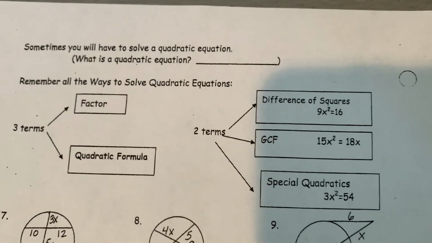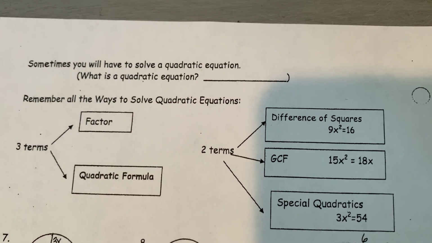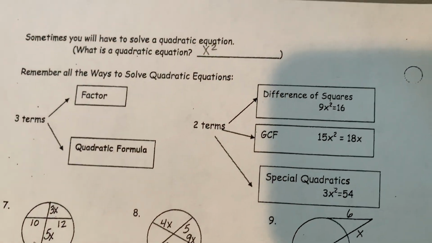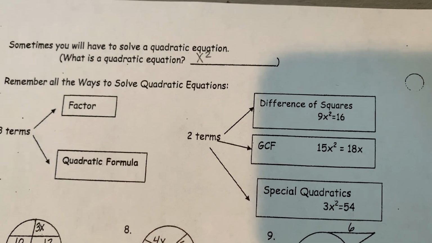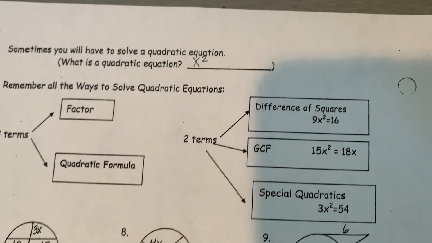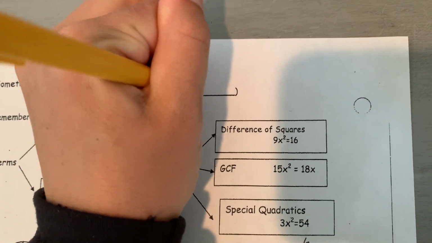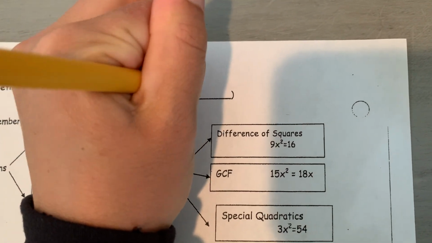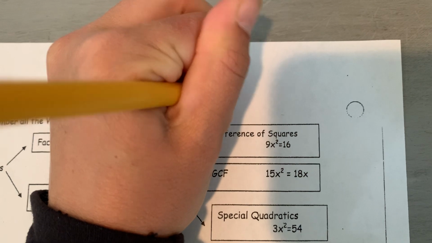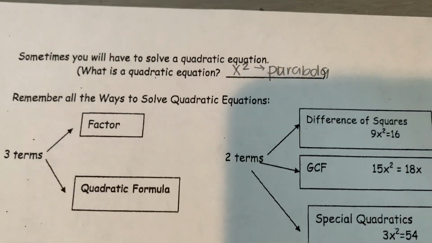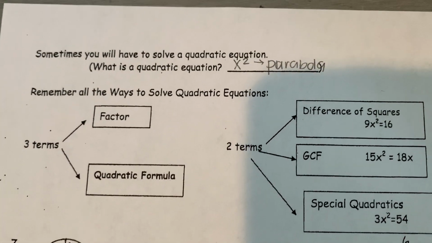Well, sometimes you're going to have a quadratic equation, and that means you're going to have an x squared term. So you're going to have to do some sort of solving to get x by itself, okay? If you were to graph a quadratic equation, you would get a parabola. Parabola. I think I spelled that right. Okay, so basically, these are just going to get a little bit more complicated, not as straightforward as what's on